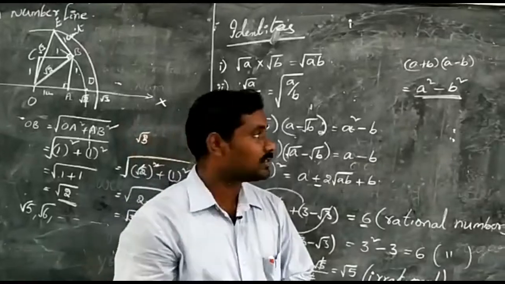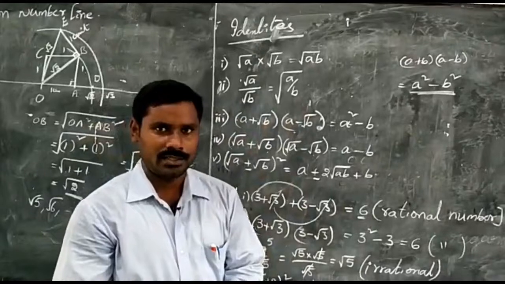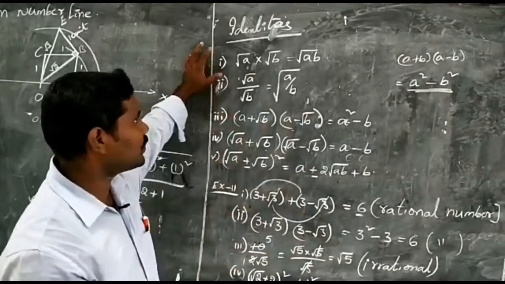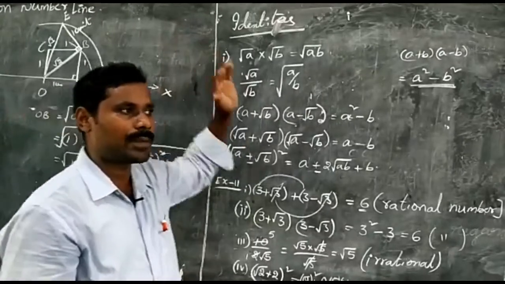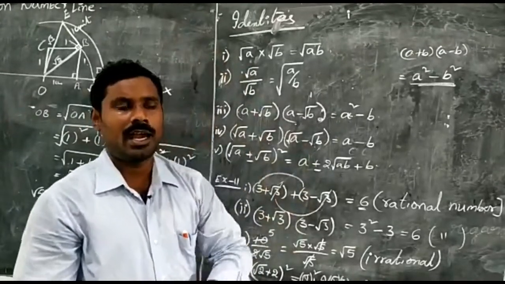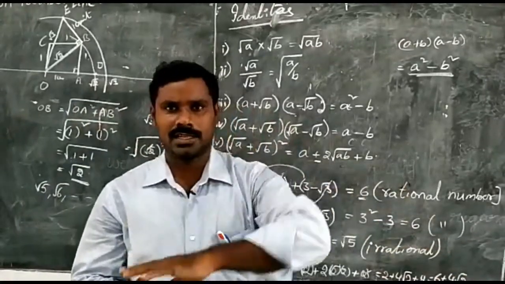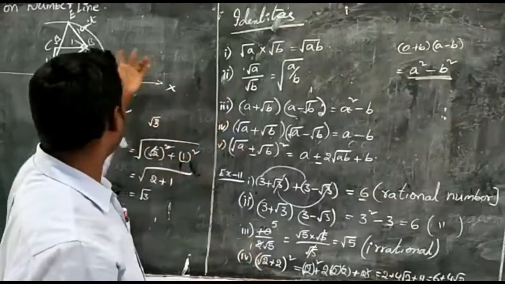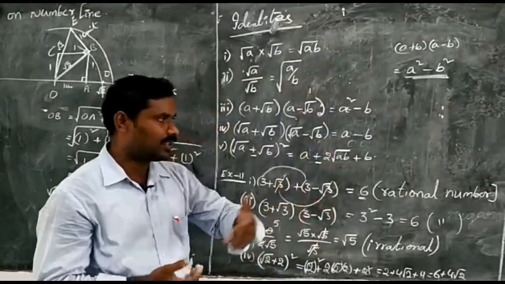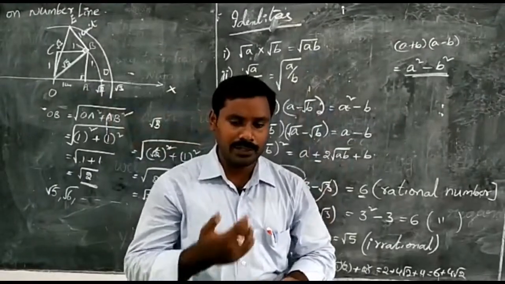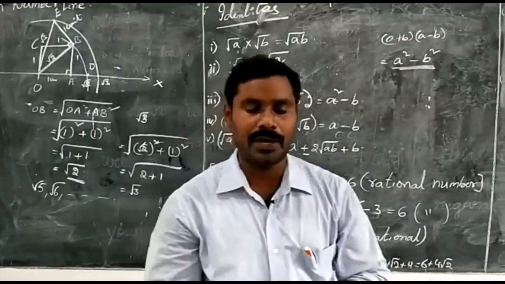Yes students, I think today's lesson is understandable for everyone. Let's see what we completed today. First, what is an irrational number? How to represent an irrational number on the number line, and how to find irrational numbers between two rational numbers, as well as irrational numbers on the number line, and then these identities. Using these identities you have to examine whether the given numbers are irrational or not. By using all of this, in today's class, you have to complete exercise 1.2.